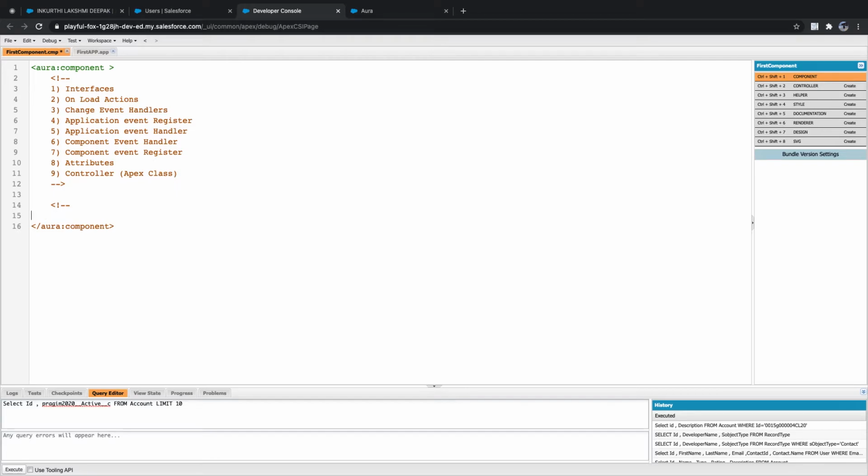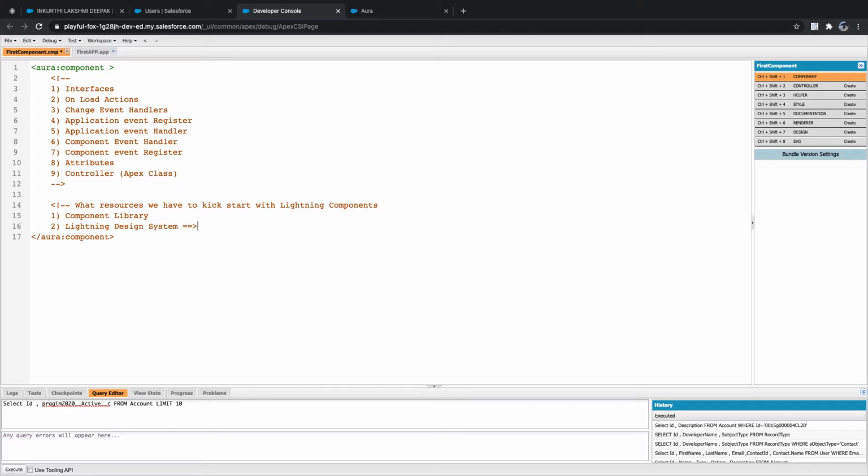What libraries, what resources do we have to kickstart with lightning components? We have first the component library, and the second one is lightning design system.